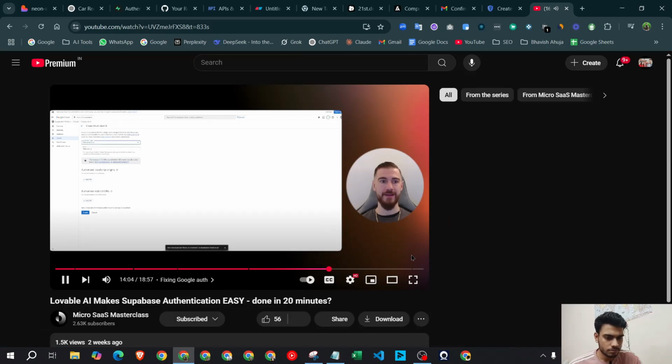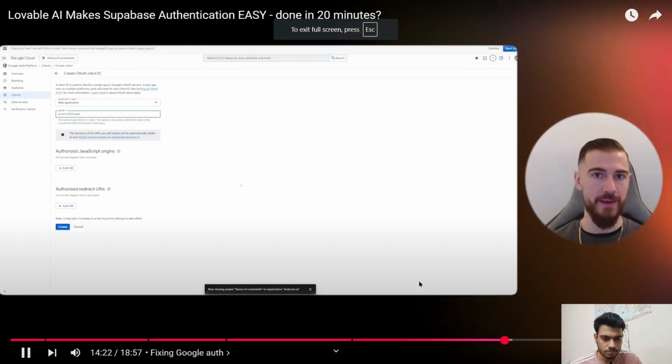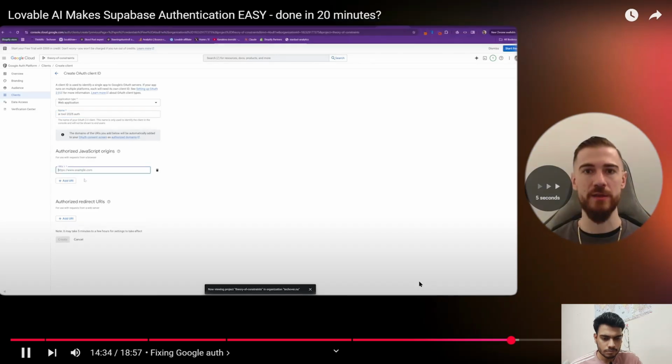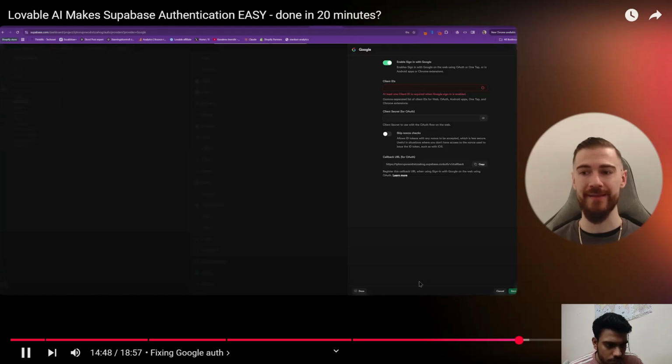Auth client ID of your app. And I'm going to show you where to get that in a second. You're going to head over to Supabase, to the URL straight out from the top to adding Google. And at the bottom,